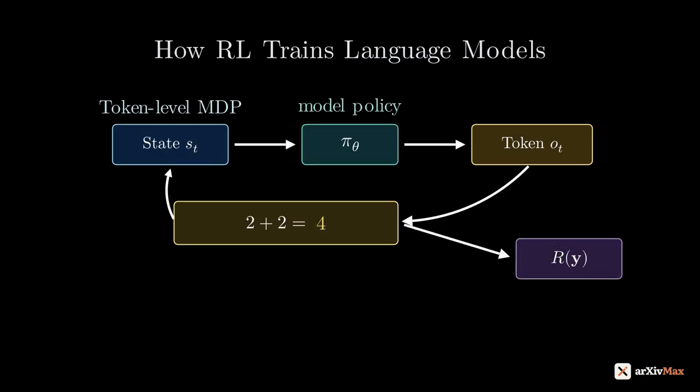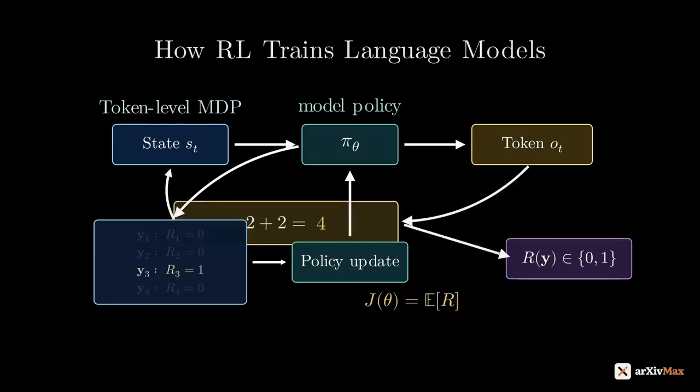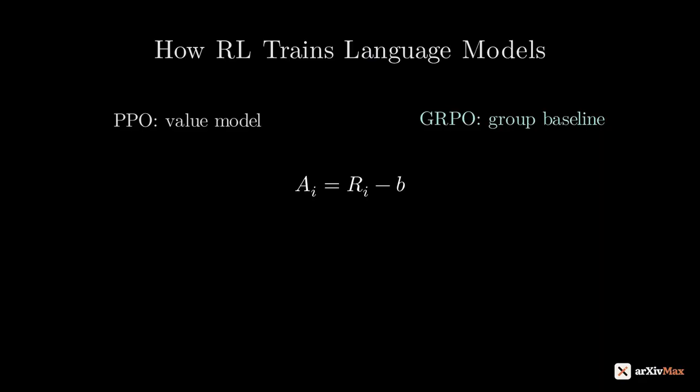After generating a full response, it gets a reward. In reasoning RL, the reward is typically binary. 1 if the final answer is correct, 0 otherwise. The goal is to maximize average reward. Basic policy gradient methods, like REINFORCE, sample many responses and update the model proportionally to the reward. But binary reward means most responses get 0 reward, so most updates are 0, and occasional non-zero updates are large and noisy. More advanced methods like proximal policy optimization use an advantage to stabilize training.